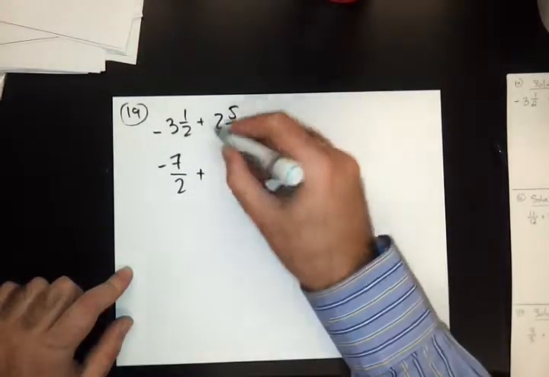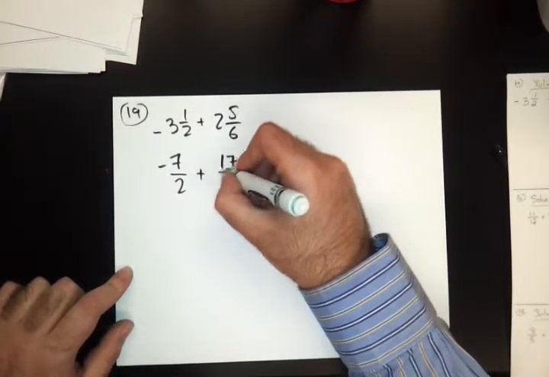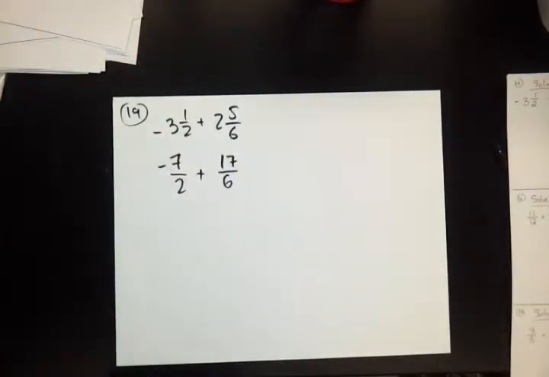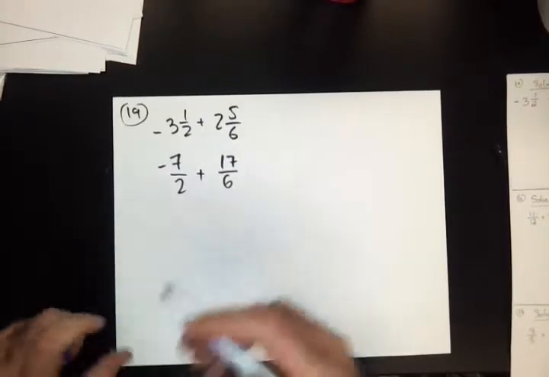Plus 2 times 6 is 12. 12 plus 5 is 17 over 6. I'm going to use method 2 here, although you could use method 1 here. It's not going to make much of a difference, but